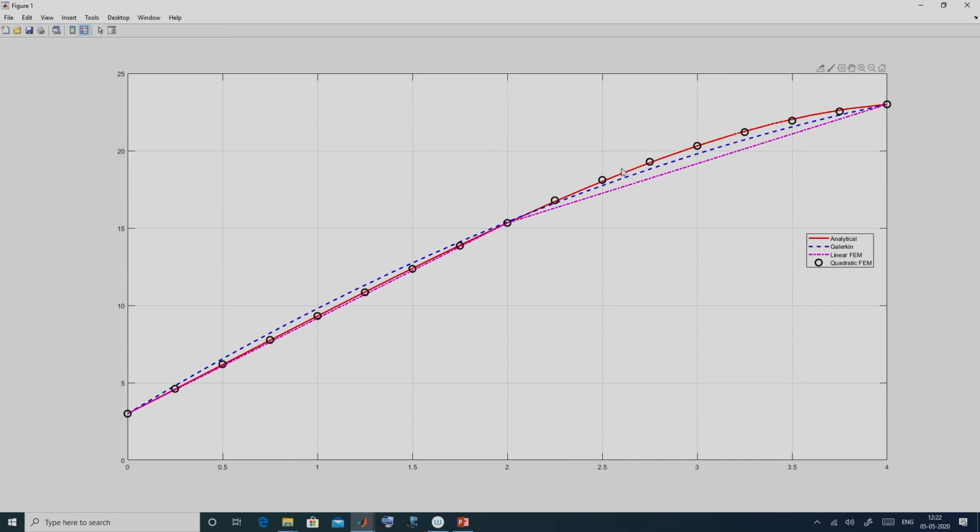So, you can see the quadratic FEM is matching better with the analytical solution. So, this is all about how to get the variation of u in the entire domain from the nodal values of the dependent variable.